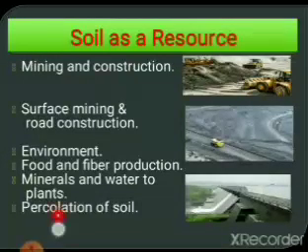Here it says percolation of soil. Percolation of soil means the soil going deep inside the earth crust after a certain interval of time. That is percolation of soil. You can correlate it with percolation of water, wherein water was getting absorbed by different types of soil. Here it is percolation of soil.